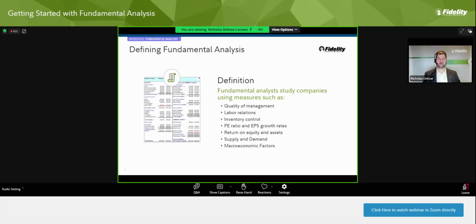Really, you're going to be looking at a company's books. And one big thing I want to mention that a lot of traders get mixed up on is they might have 50 or 100 or 200 positions in their account. And I want to ask, can you really do your due diligence? Can you really dig through this information if you have 50 or 100 positions or more in your account?